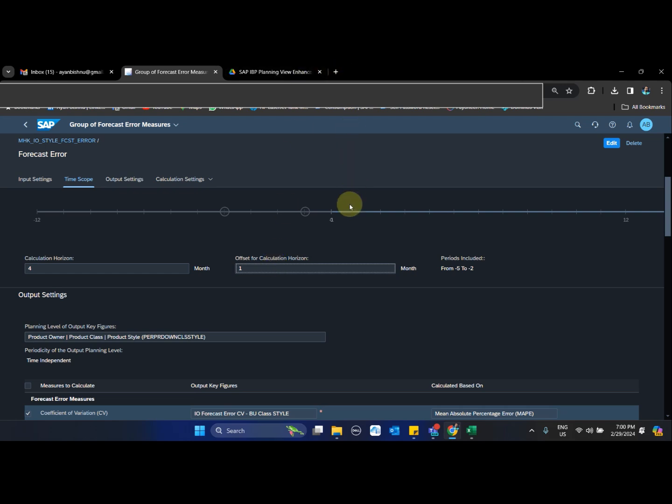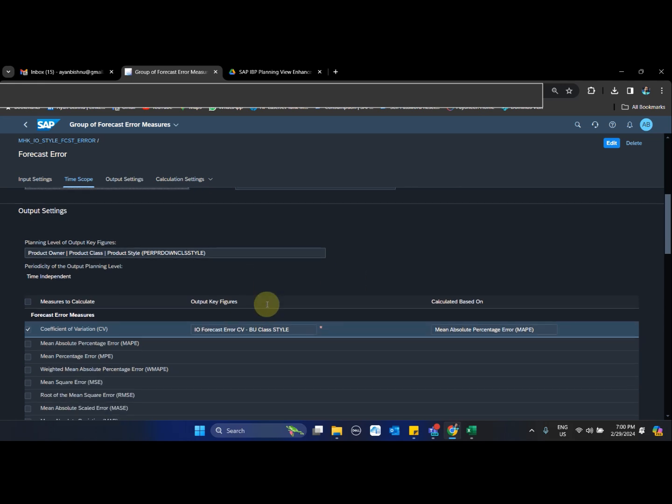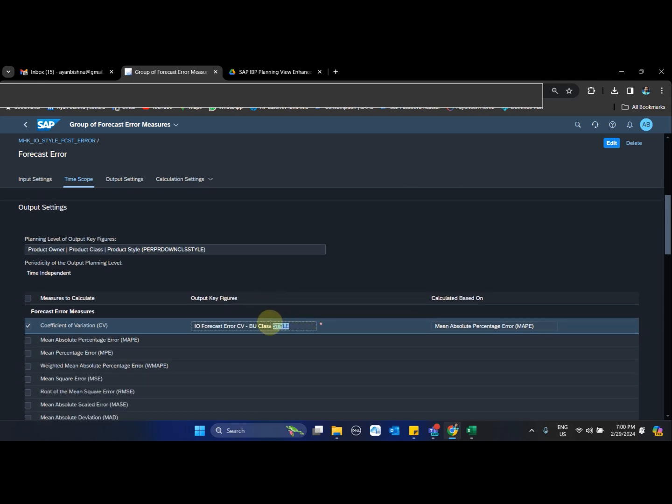So that is why the month before the current month is the starting month, and I am going back 4 months to check the history and the forecast, and based on this horizon I am generating the forecast error CV at a BU class style level, and the planning level is product owner, class, style, and product style level.